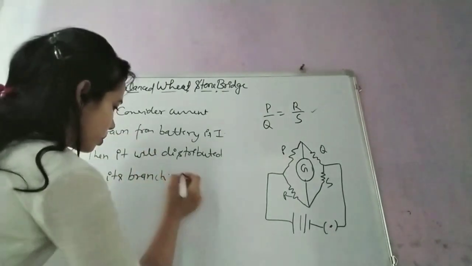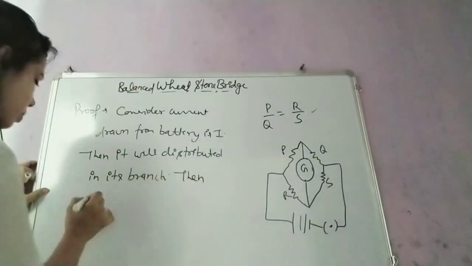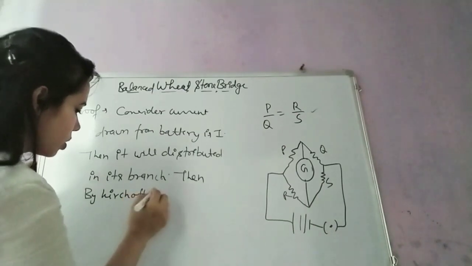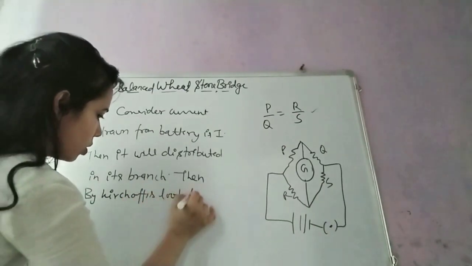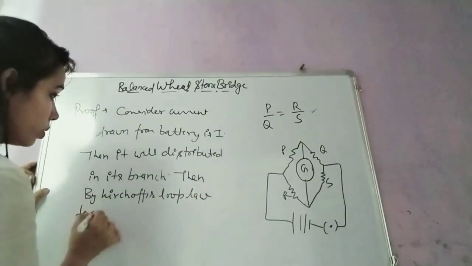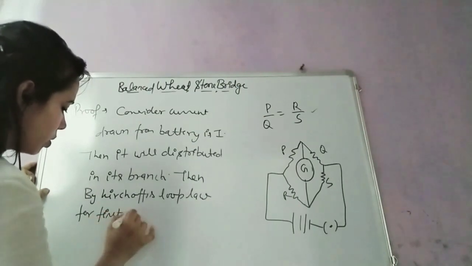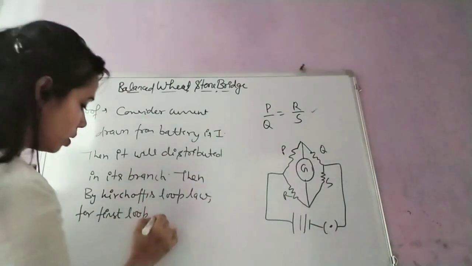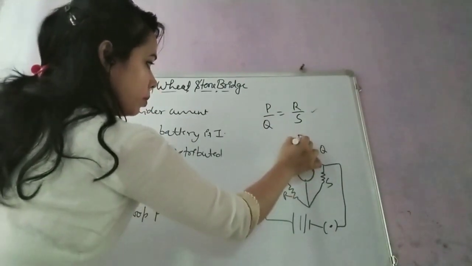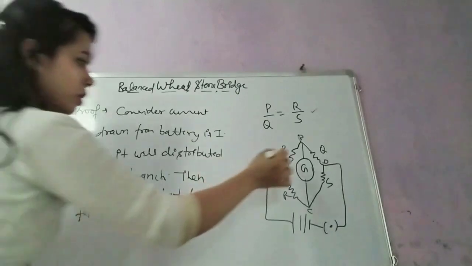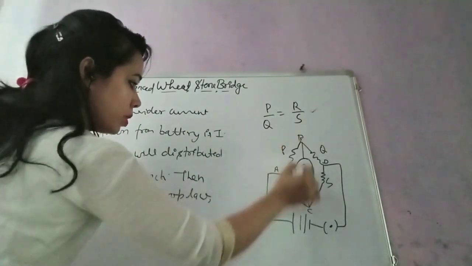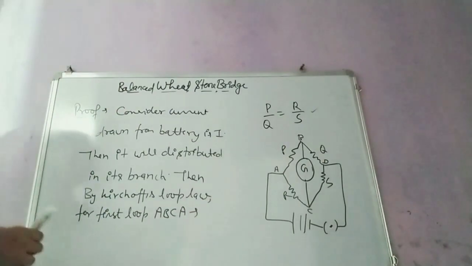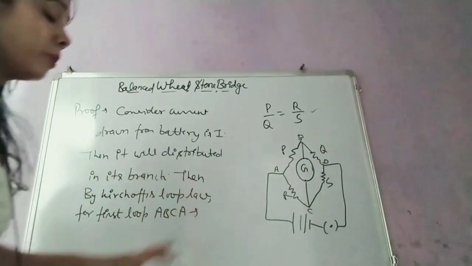Then by Kirchhoff's loop law for the first loop, you can consider these points as A, B, C and D, and then in this loop A, B, C, A. So we will apply loop law, but before that I will explain to you that suppose current I is drawn